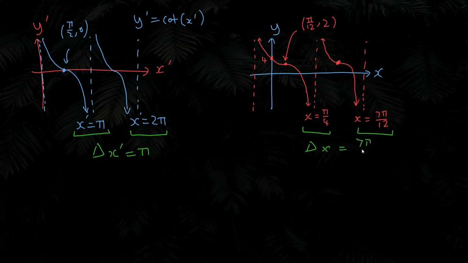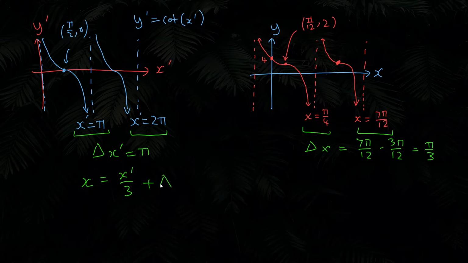So 7 pi over 12 minus, I'm not going to write pi on 4, I'll write 3 pi over 12. And 7 minus 3 is 4, so in the numerator we get 4. 4 over 12 simplifies to pi over 3. And so the scale factor here is clearly 1/3, and therefore we can write x equals x dash over 3